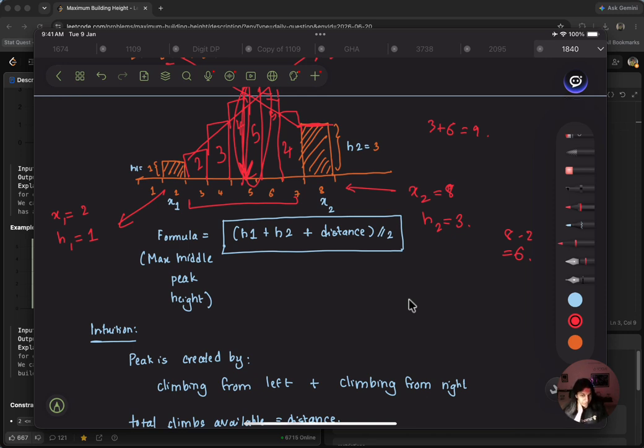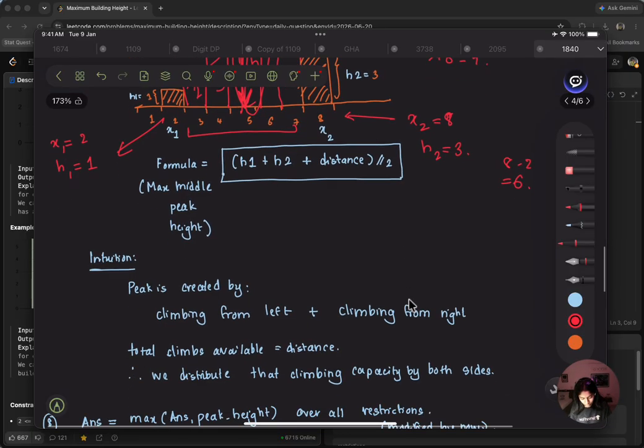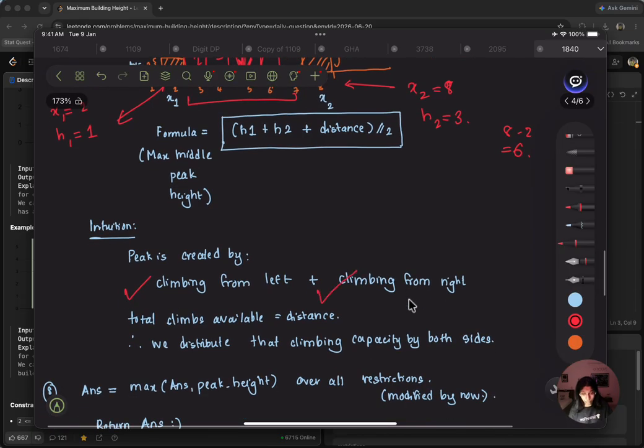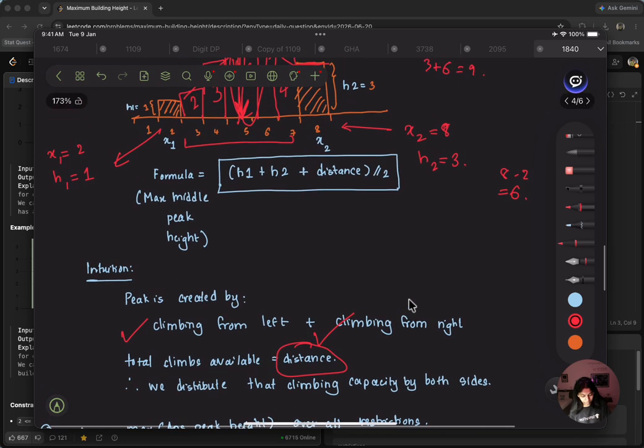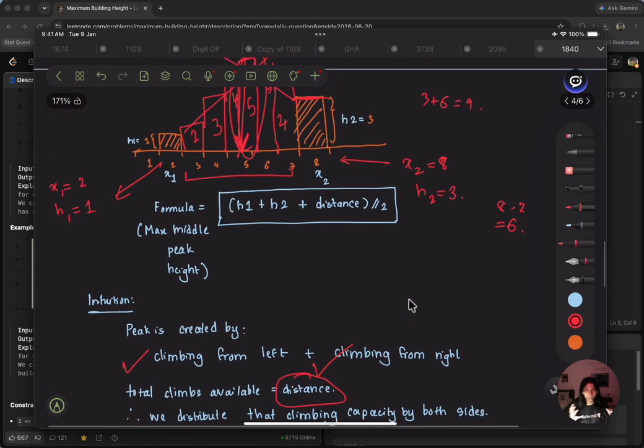So how do we get that maximum height? There's actually a formula, and this comes from the fact that from the left side, we can go a maximum of distance. From the right side, we can go a maximum of distance, but together they can only reach 1 point, right? So I've written it here. It can be created by climbing from the left and climbing from the right. And the total distance that's available between these two is distance itself. So whatever increment from left and whatever increment from right, we can at max add distance